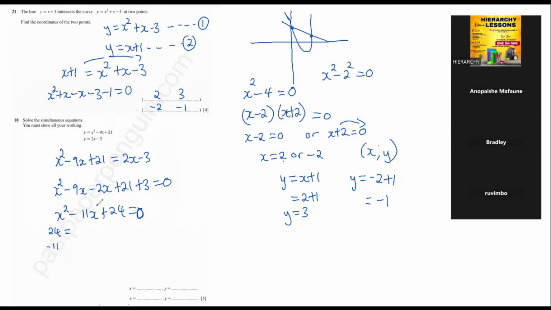To add, we have to get minus 11, not 11. So it's minus 3 and minus 8. Minus 3 times minus 8, and then minus 3 plus minus 8. Okay, so which means